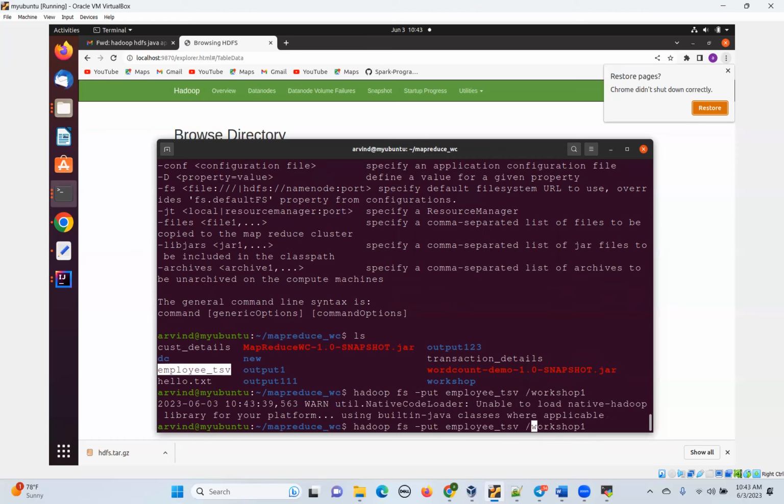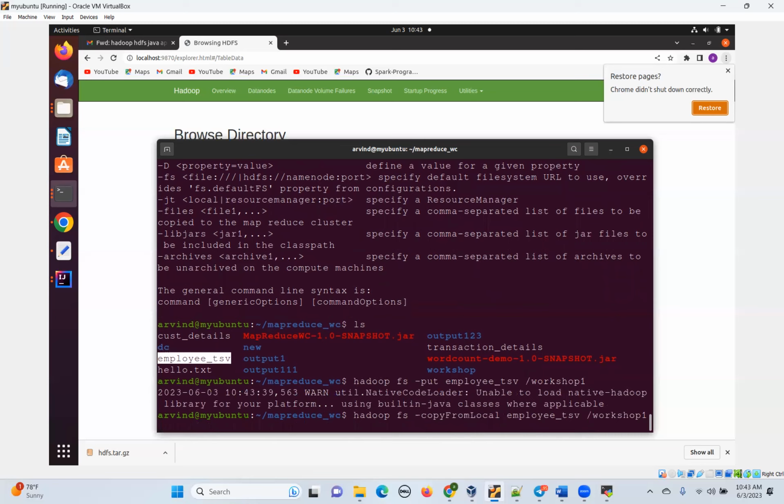Or another way is copyFromLocal. So here you are saying you want to copy the file from your Linux file system, the local file system, to the Hadoop file system. So with the copyFromLocal command, you can give the source and target. So the source path will be your local path and the target will be the Hadoop path. When you do enter,